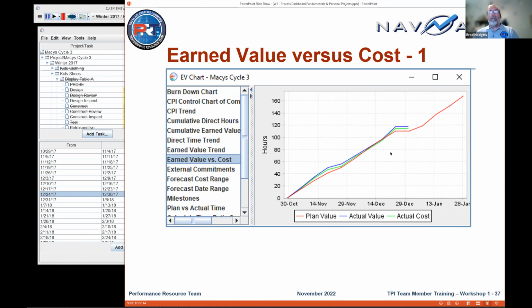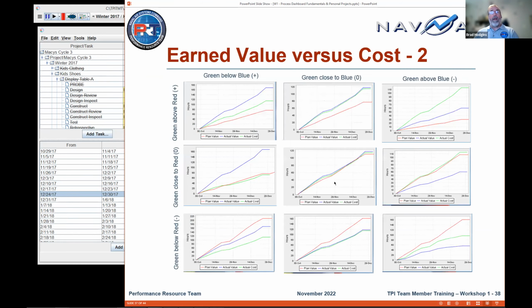Yay. Now the green line is how much real time, actual task time, did it take me to do that work that's on the blue line. And so in this case, he said I've got 50 hours of work signed off, and it took me 45 hours to do it, roughly. And so that means, okay, good, your estimates are in the ballpark. This is a sunny day scenario, but there are all kinds of scenarios, and here's your sunny day in the middle. And I'm not going to go over these in detail, but